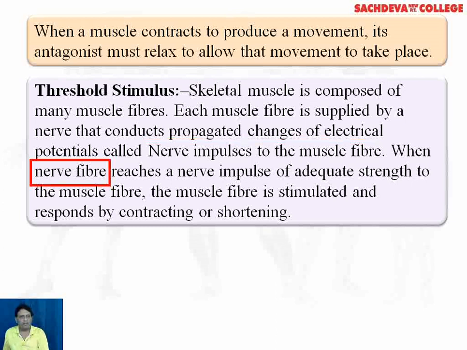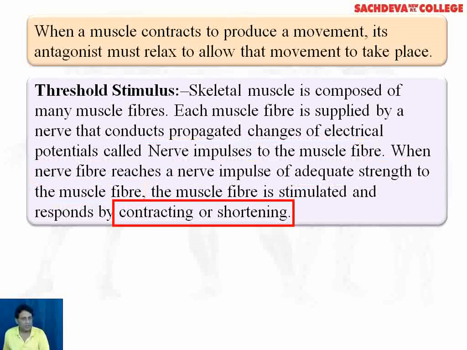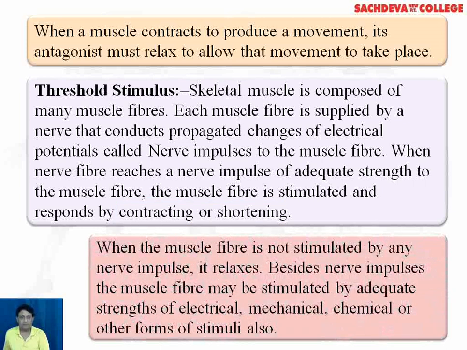When a nerve fiber delivers a nerve impulse of adequate strength to the muscle fiber, the muscle fiber is stimulated and responds by contracting or shortening. When the muscle fiber is not stimulated by any nerve impulse, it relaxes. Besides nerve impulses, the muscle fiber may be stimulated by adequate strengths of electrical, mechanical, chemical, or other forms of